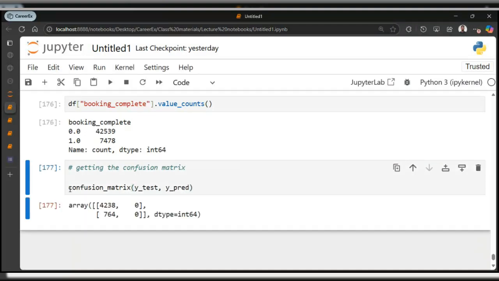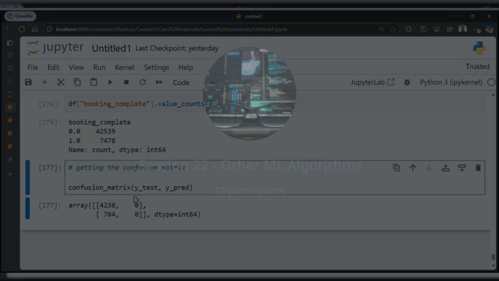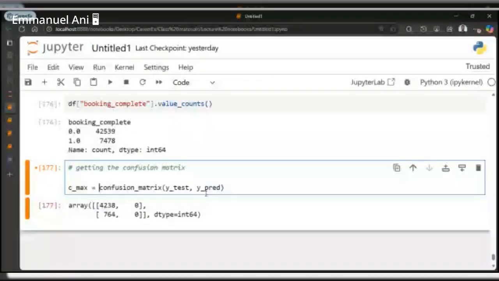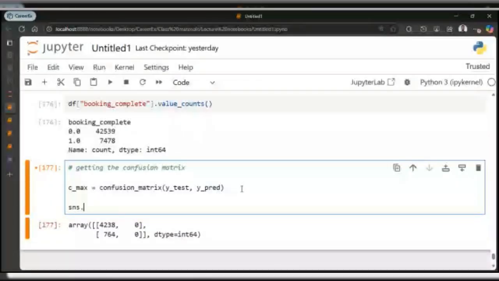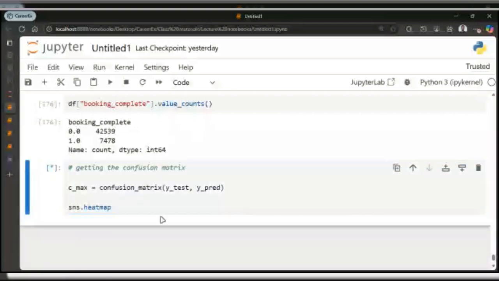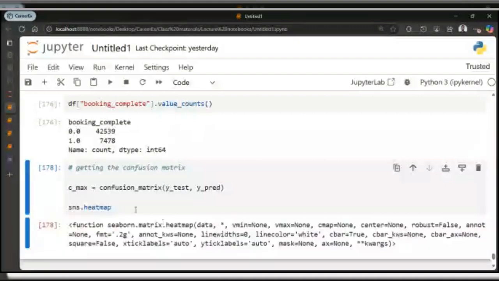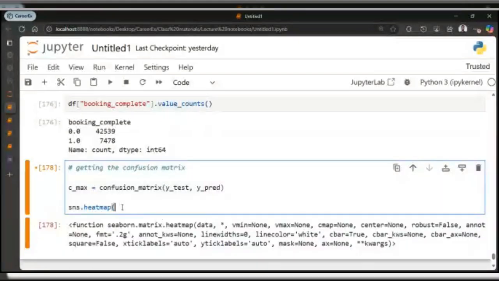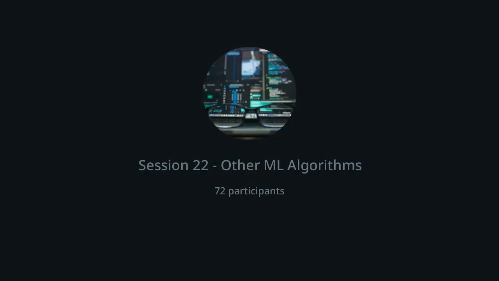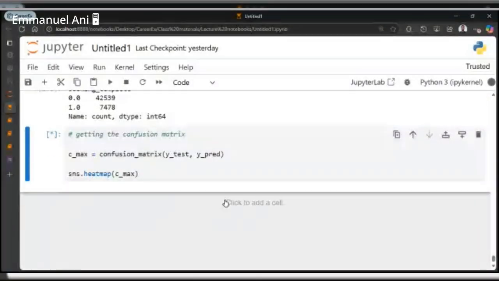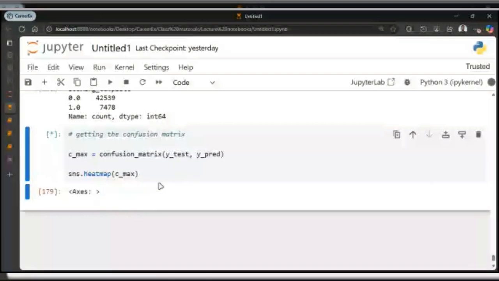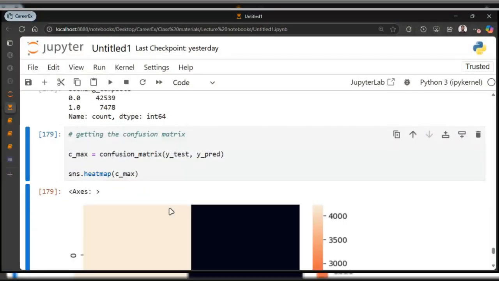I think seaborn, sns, has a heatmap. Let me just be sure. All right, great, it has a heatmap. So we can pass in our confusion matrix to it, and we should get something like this.